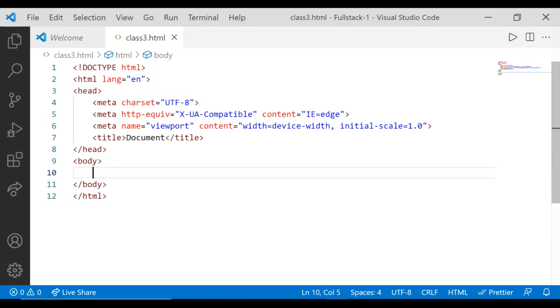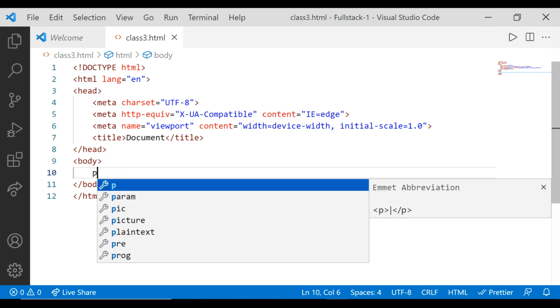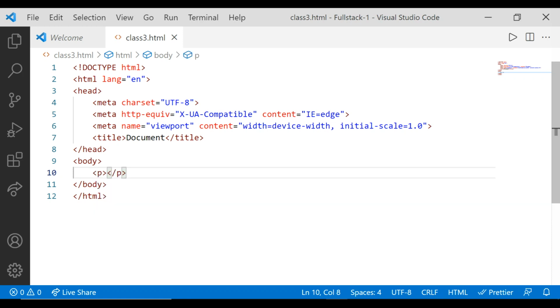I'm going to use our first block level element, which is called the paragraph tag. For the paragraph tag, we have to write p. So p is basically a representation of a paragraph tag. When I press enter, because of the Emmet abbreviation in VS Code, it will automatically generate our tag, including the starting tag and the ending tag.